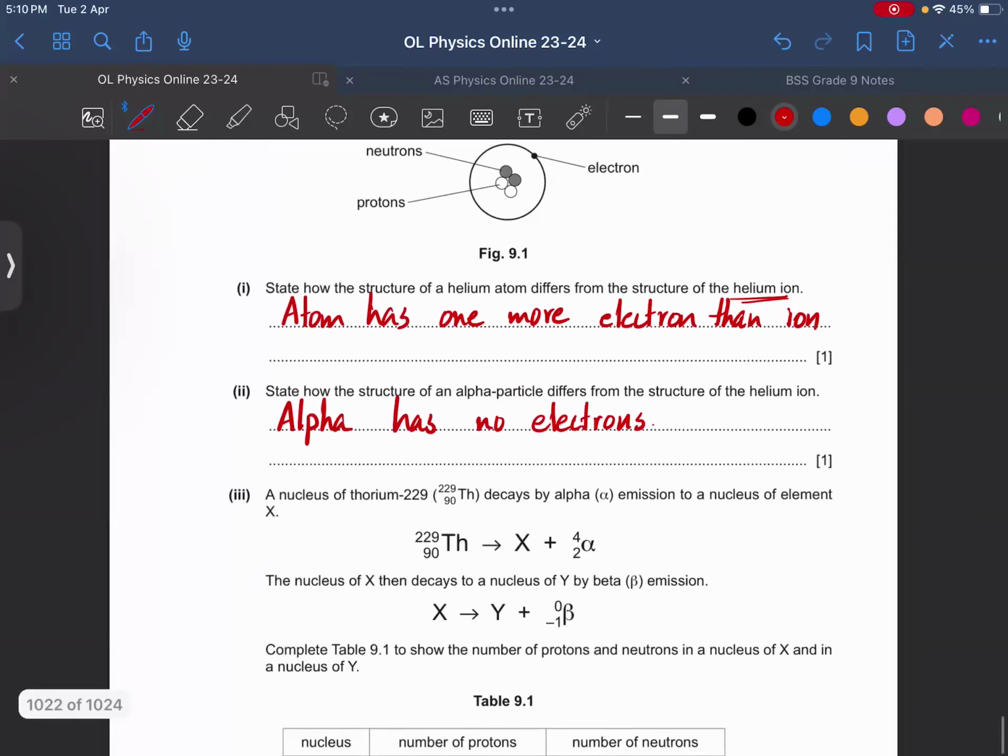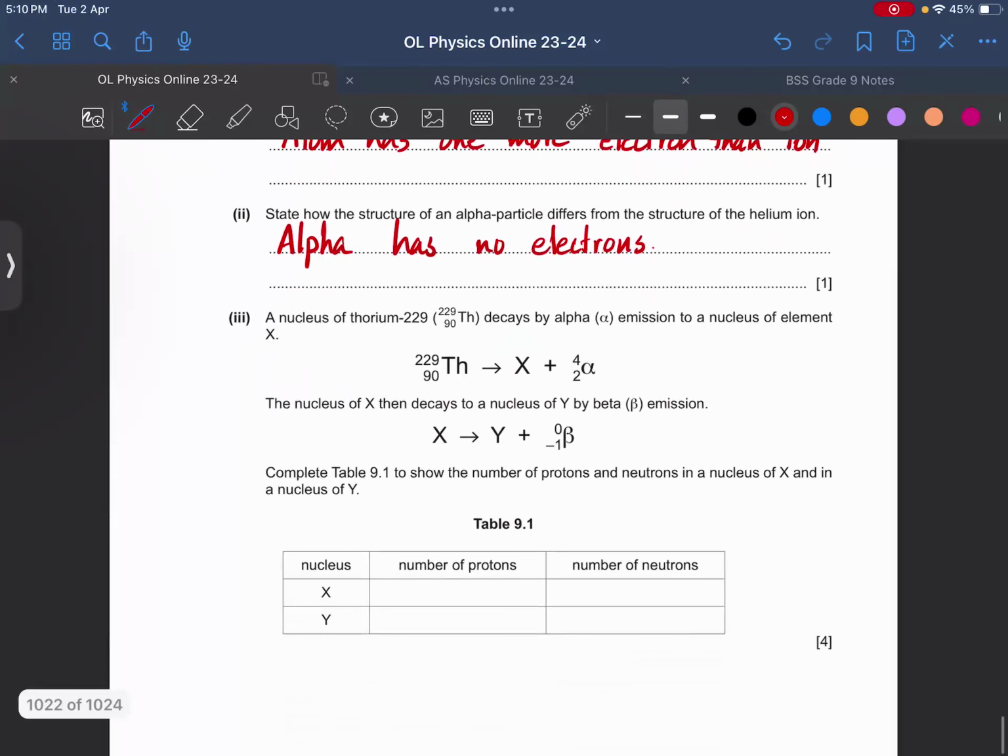Straightforward. Part 3. A nucleus of thorium decays by alpha emission to a nucleus of element X. X then decays to Y by beta emission. Complete 9.1 to show the number of protons and neutrons in a nucleus of X and in a nucleus of Y. ठीक है, सबसे पहले देख ले, आपसे नंबर ऑफ न्यूट्रॉन्स पूछ रहा है। आप जो डायरेक्टली निकालेंगे बाय कंजर्वेशन ऑफ न्यूक्लियन नंबर, कंजर्वेशन ऑफ प्रोटॉन नंबर, उससे न्यूट्रॉन्स डायरेक्ट नहीं आएगा।